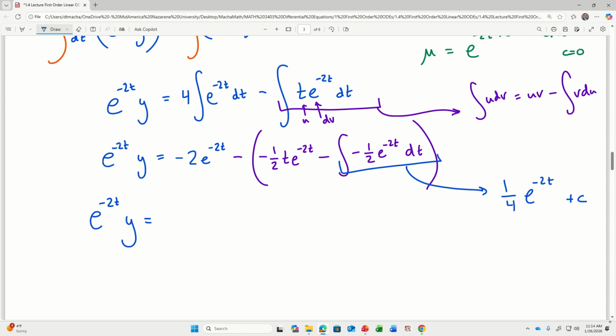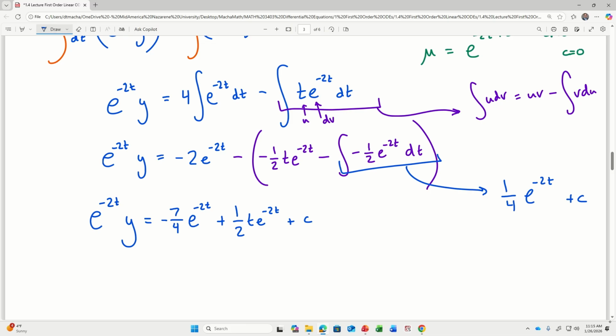I'm counting how many negatives I have. 1, 2 negatives make a positive. So -2 plus 1/4 would be like -7/8. No, -7/4 e to the -2t. The next thing I need is 2 negatives make a positive, so that's plus 1/2 t e to the -2t